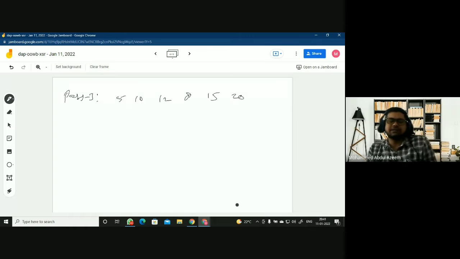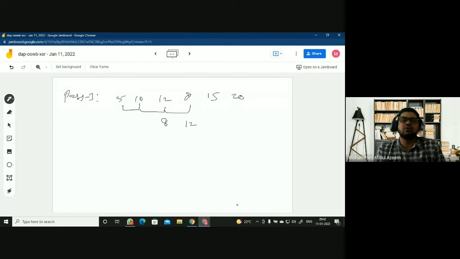In the next pass, that is pass 3, we'll continue the same process, because we did not find 8 placed in its proper position. So you again compare the adjacent two elements, and when the previous is found to be greater than the next, you make an exchange. Here, no exchange. Here, no exchange. But here, yes, there is an exchange. So what do you get here? 8, and here you get 12, right?